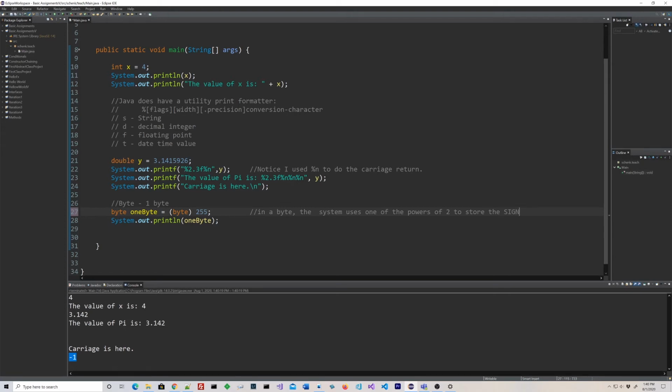So that means we can only use from minus 128 to 127 because 0 gets a vote. 0 is one of the available values. Okay? So if I change this now to 127,